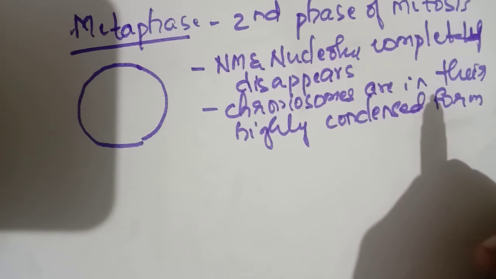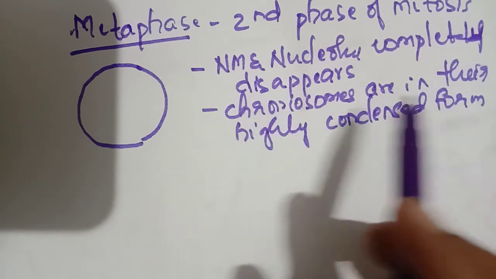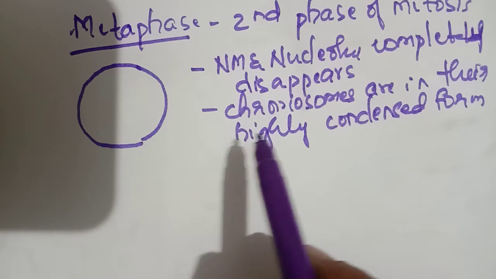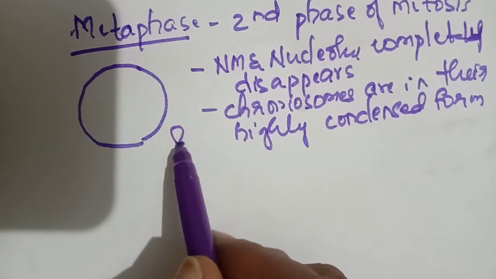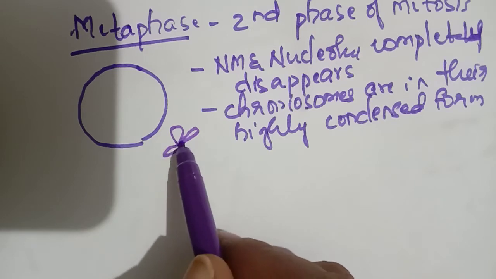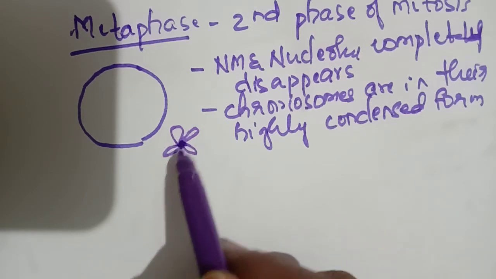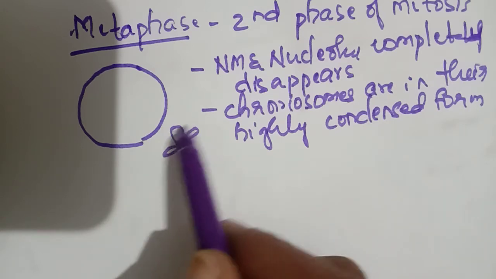Once they reach the metaphase, the chromosomes are completely condensed. Earlier they were in the thin chromatin fiber form like that. Once it reaches the metaphase, they are very thick like this. Okay, so you can say, ma'am, chromosomes will have only 2 chromatids. How come 4 chromatids? How has it come?